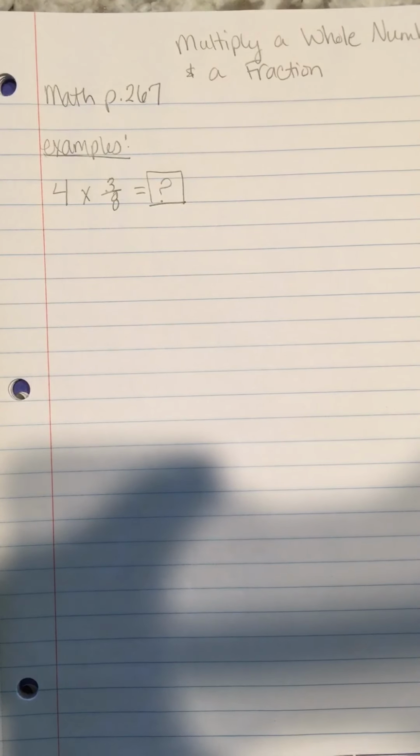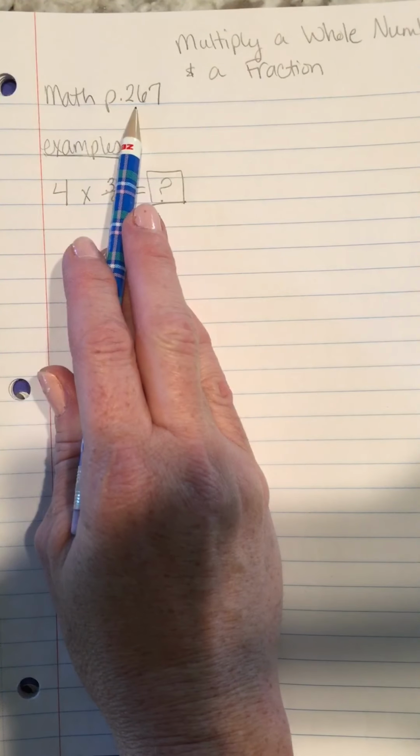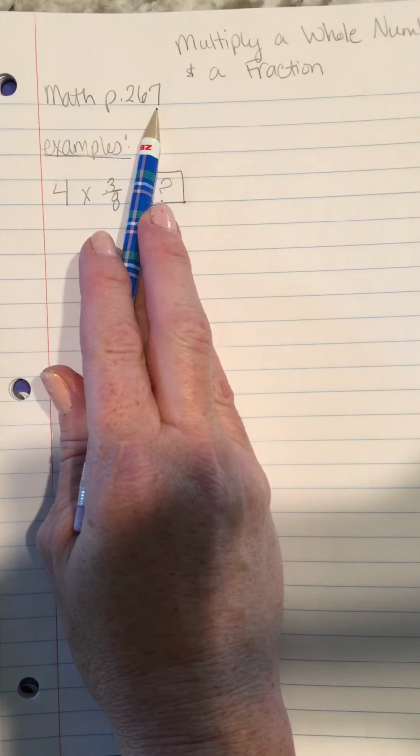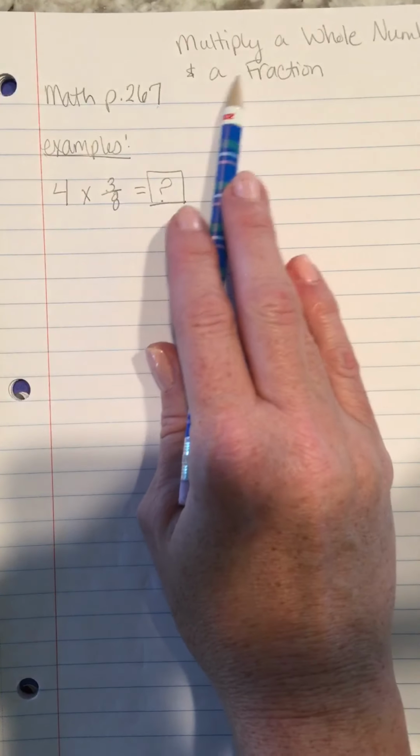Alright kiddos, we are kind of going to skip over some of the pages in our math book due to the time that we have left for school and the things that I need to cover. So we're not going to go over our review pages. We are going to go ahead to the next chapter. We're going to open up our books to math book page 267, and this is multiply a whole number and